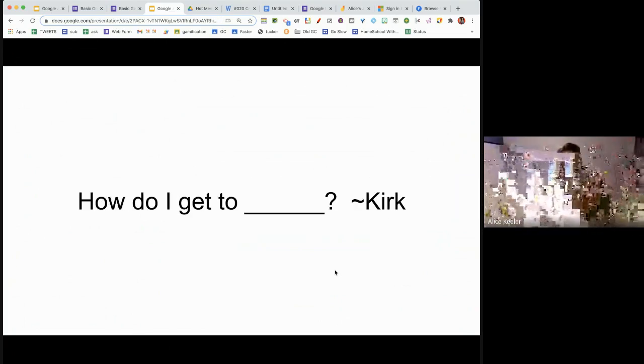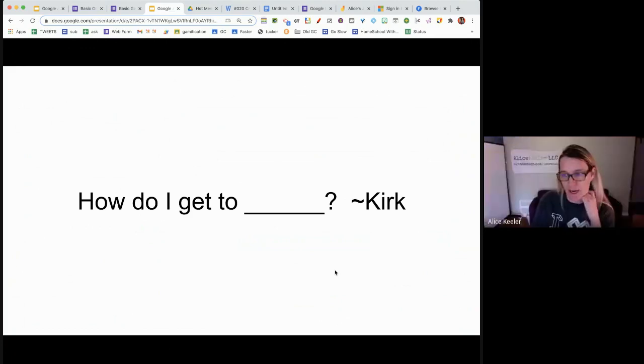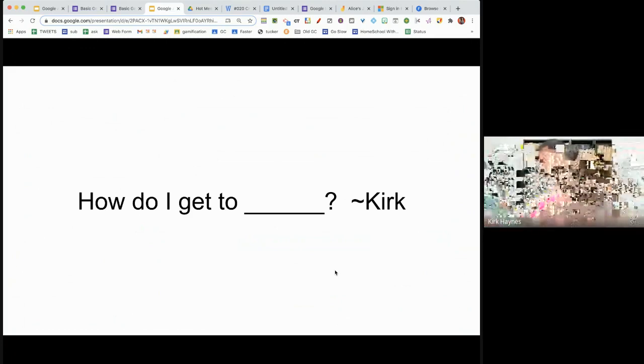Sharing documents, I got that one. How do I get to? Kirk, did I cover that one? Yes. So right before